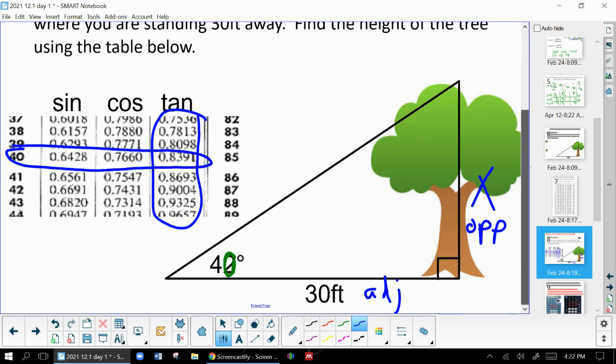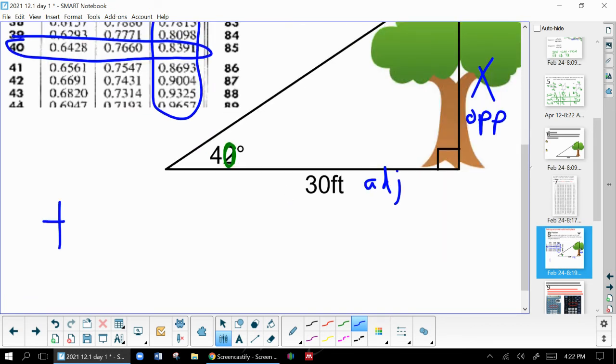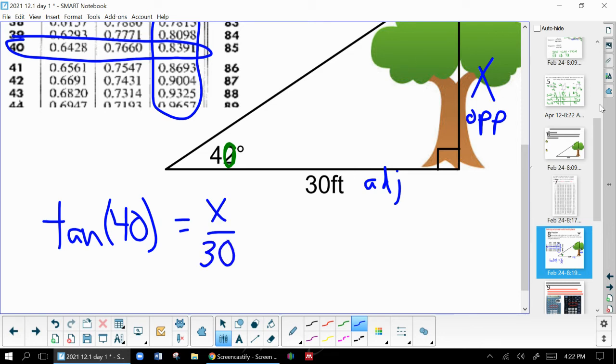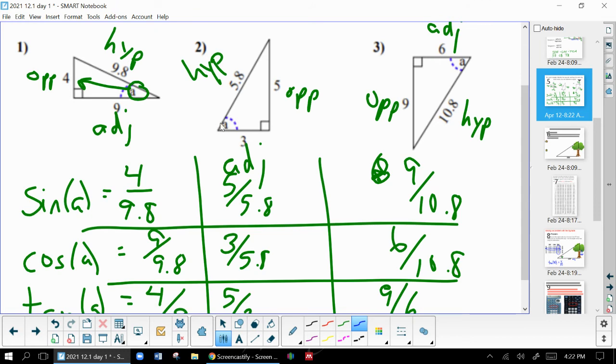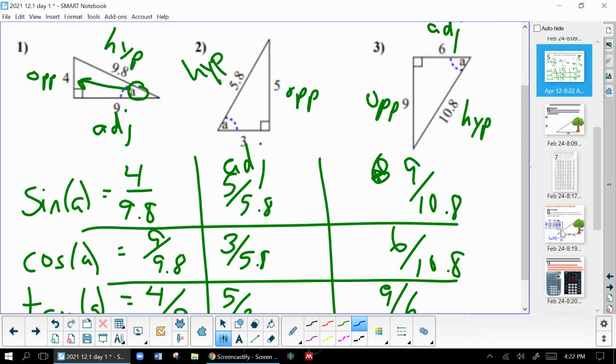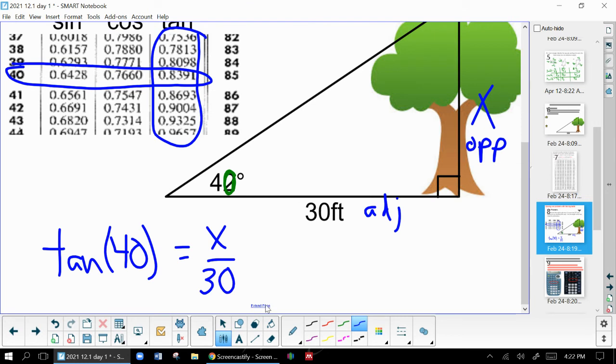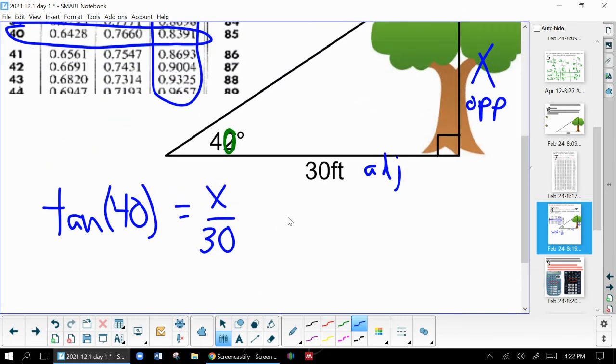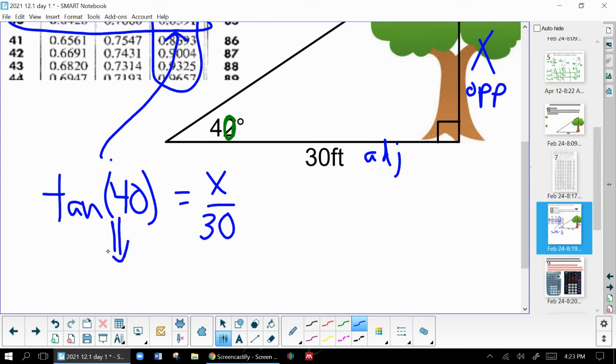And I'm going to go ahead and write my equation out. So in this case, I know that the tangent of 40 is equal to, in this triangle, x over 30. I'm setting that up just exactly like we set this up, just that we know the angle now and we don't know one of the sides. So same exact setup. Now, in order to actually figure out what x is, this is where the chart comes in. So I look at my tangent, I look up here to what my chart says. It says tangent of 40 is 0.8391. And so I'm just going to replace the tangent of 40 with 0.8391